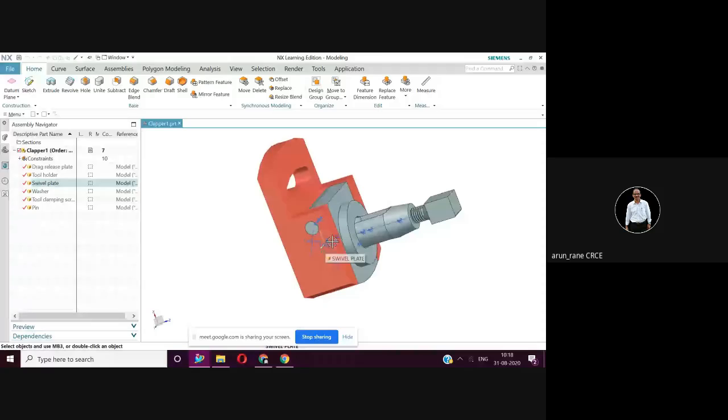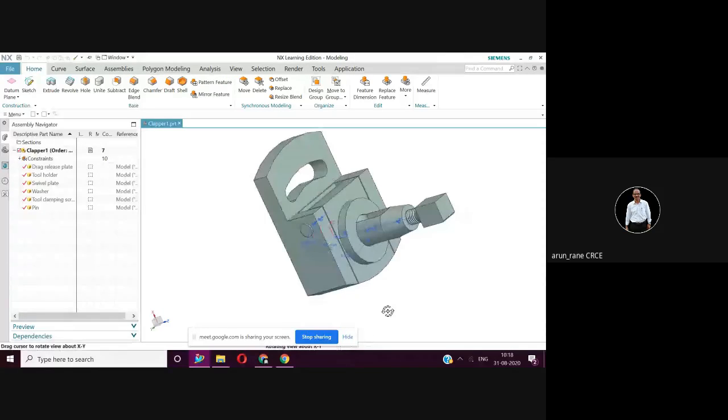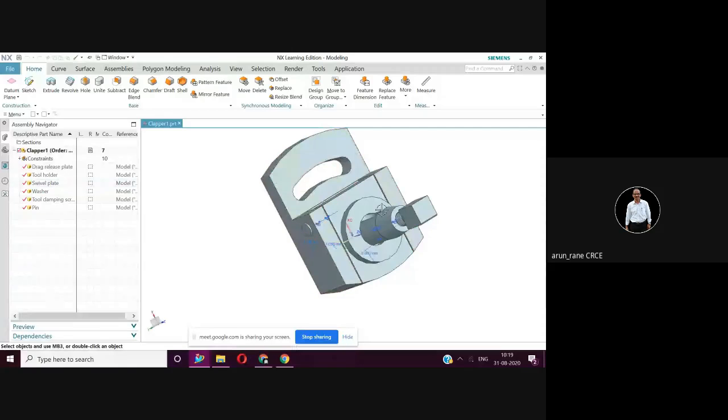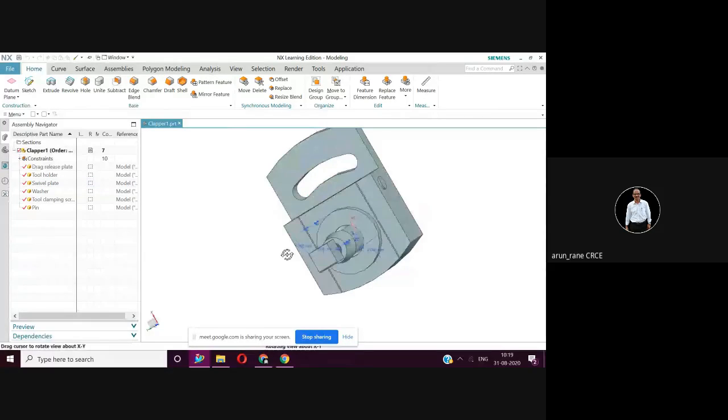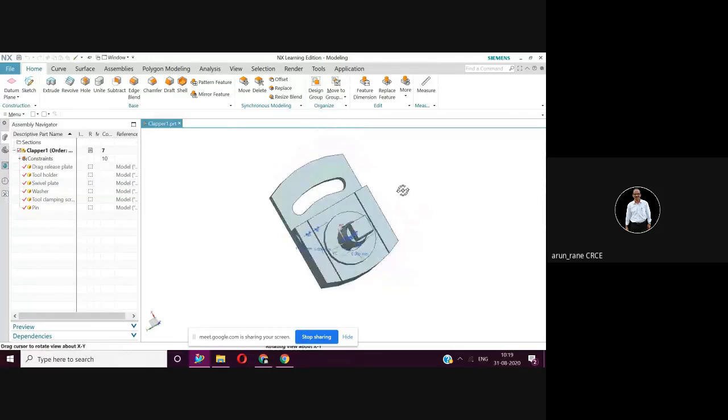So finally, this is what your output is. You have to remember the dimensions: from here it is 97 and the pin length is 100. That pin should come out by a distance of 1.5. I again repeat, this dimension is 97 and pin length is 100. So my pin should protrude out by 1.5 from both the sides, either side 1.5 and here also 1.5.